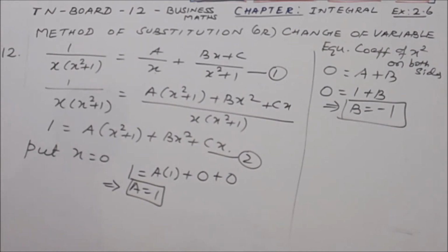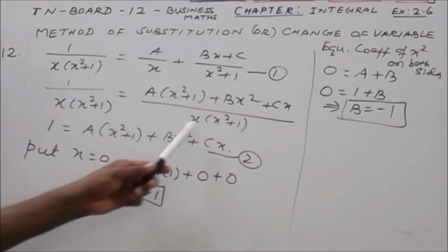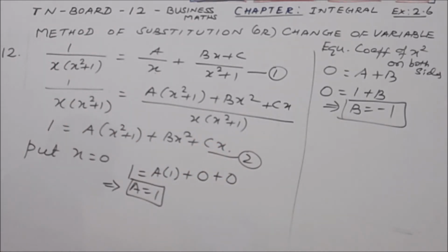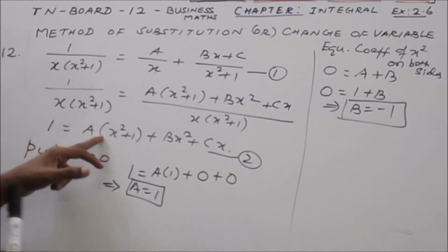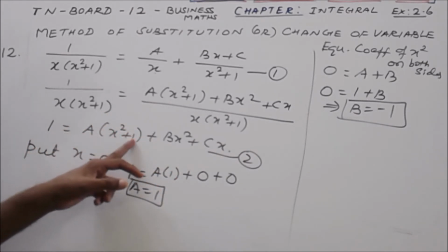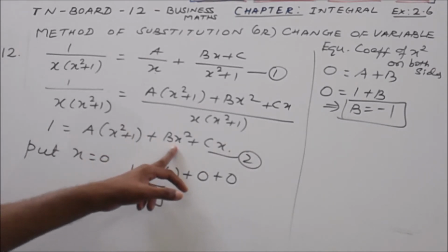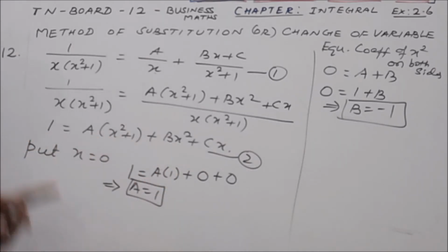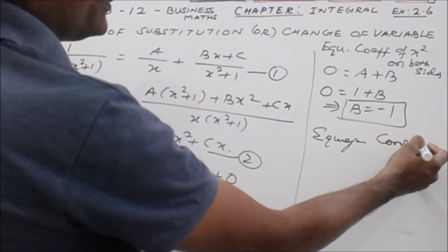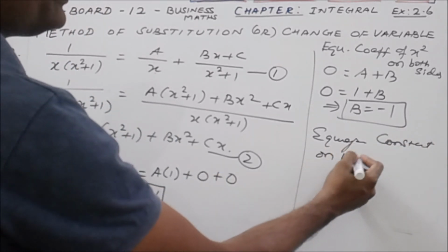In order to find c, note that c involves only the coefficient of x. So just equating the coefficient of x on both sides, we will get the value. Here there is no x term, and here also no x value; only x square and the constant remain. Only the x square term remains in the second term, so there is no x term in the first two terms. On the left side, LHS, there is no x term either.